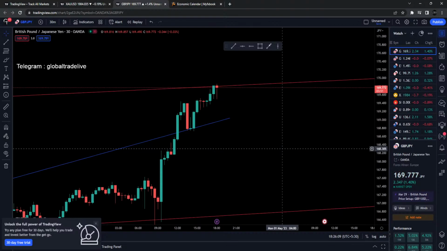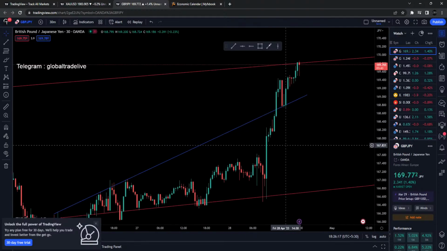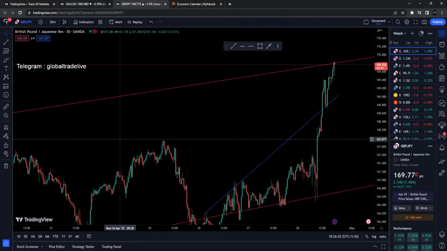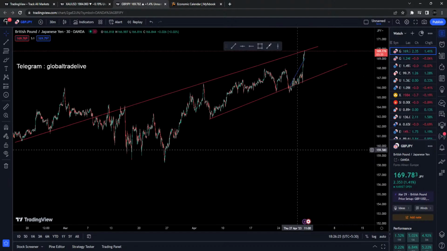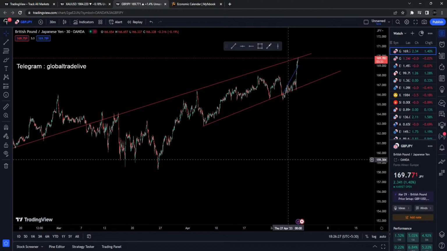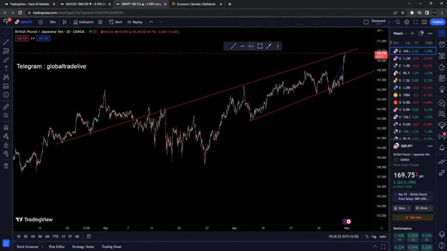Okay, everybody. So the news has gone since like 26 minutes ago, and right now I can see clearly that if I look at GBP, if I just zoom out a little bit, I want to show you this. Look over here. This thing totally makes sense over here, but according to me, the market will be moving down from this point, like this.